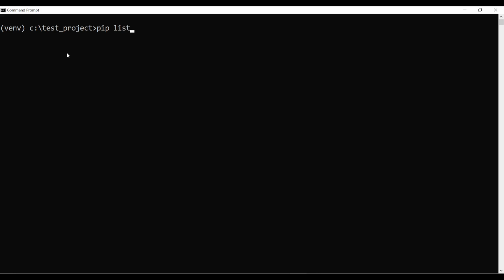I will first run pip list. So we have already isort in place. So either we can uninstall it or we can keep it as it is. It will not impact. And to run that requirements file, we can write pip install -r, which is for recursive,